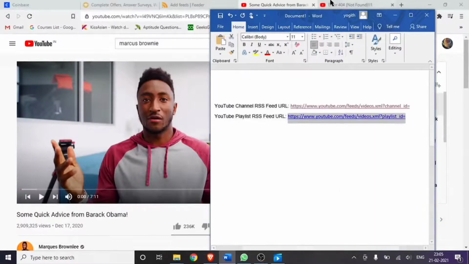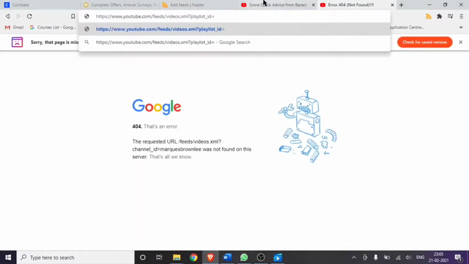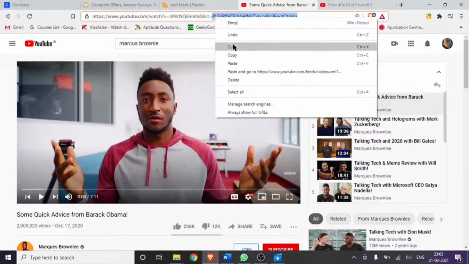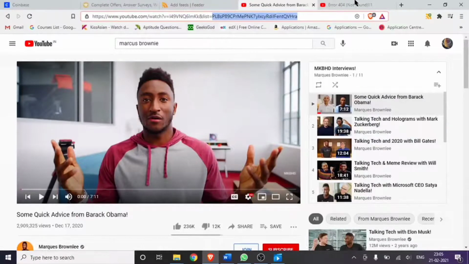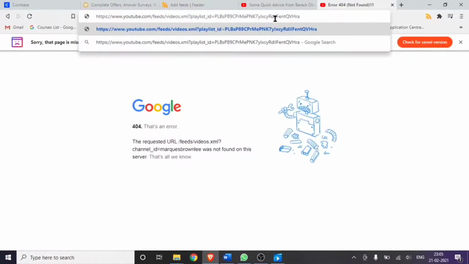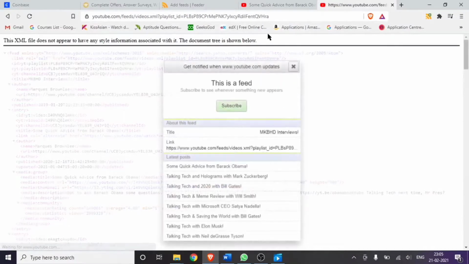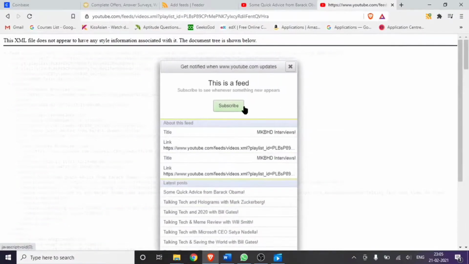I will give these links in the description. Paste it. You have to get that ID: copy the part which is after list equals and paste. We will be getting an XML feed. We just have to subscribe to it.